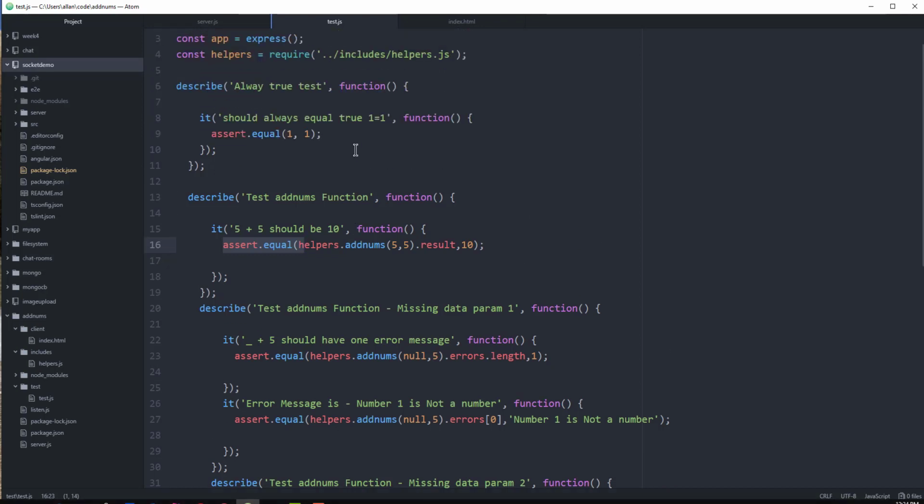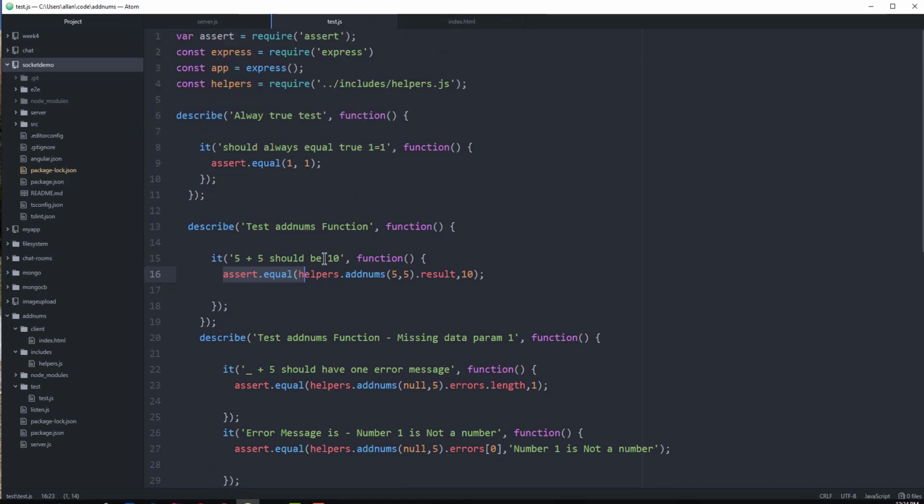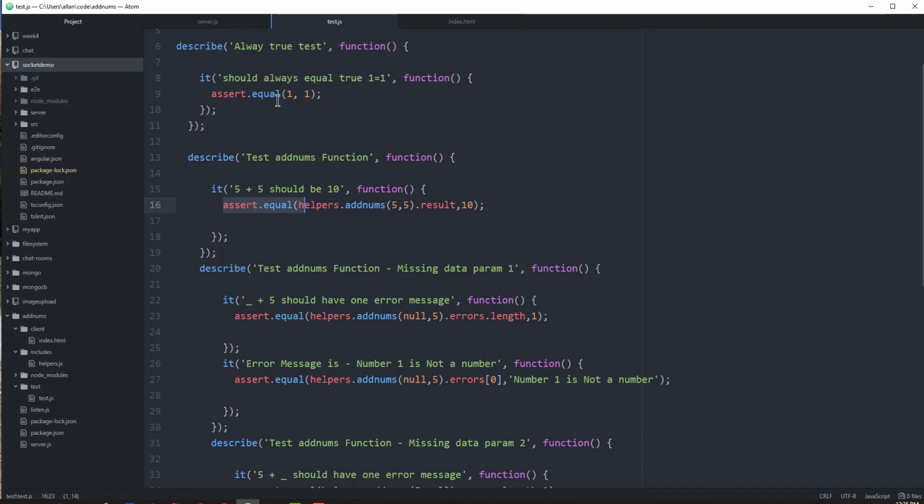So that is a very, very brief overview of looking at some unit testing using Mocha. Have a look at the assertion libraries. There's a lot of other functions available within the assertion libraries to do different types of tests. Have a look at some of the other libraries out there, particularly I think the Chai library is a good one, and you might want to try using that one for stuff that you might want to do in